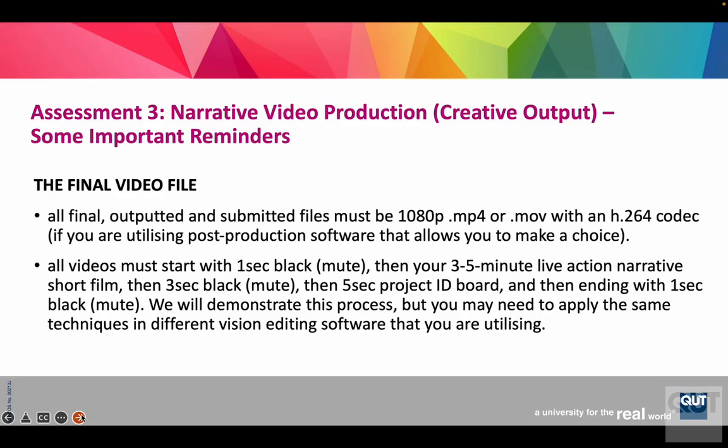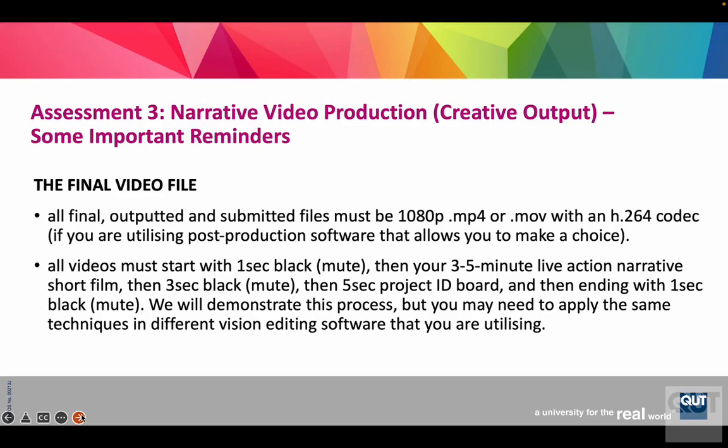What you're going to deliver in terms of this master file is a file that features 1 second of black, mute, that means no audio, of course. Then we'll either cut to or fade up from that black to your first image, whether it's a title or the first shot of your film. We'll experience the 3 to 5 minute live action film to what may be some representation of credits. Indeed, figuring out how the group or individuals are being addressed in terms of a credit list or role will be important. But essentially, we'll experience the entire 5-minute film before going to 3 seconds of black, again in mute,